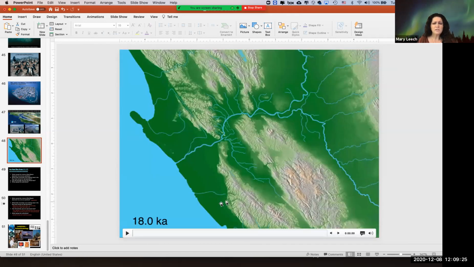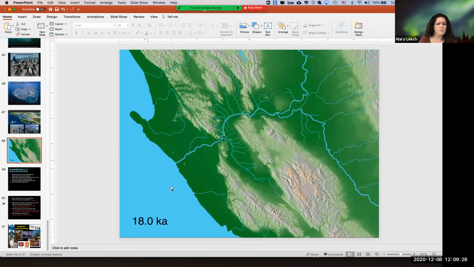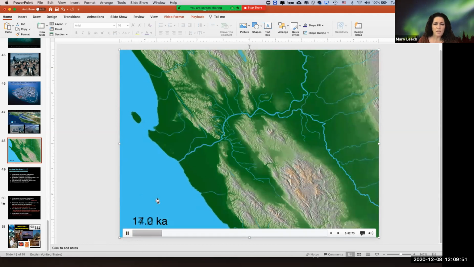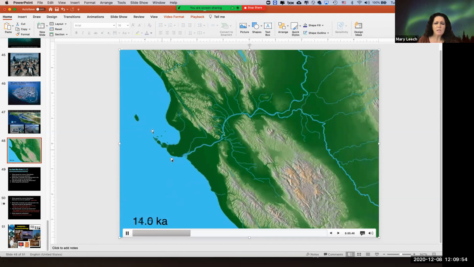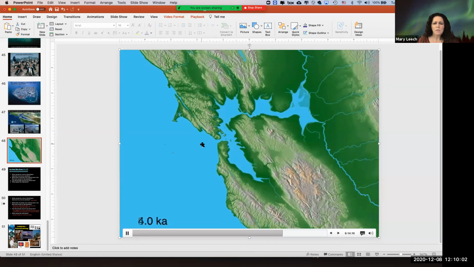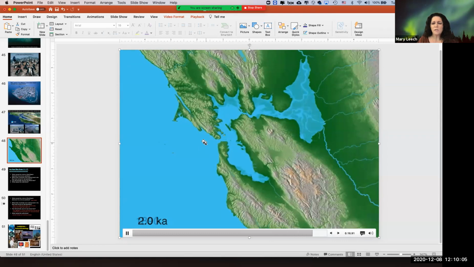In fact, let's just look at the changes in the last 18,000 years. I've showed you a video like this before, but look at where our coastline was 18,000 years ago. Here's San Francisco, and instead of a bay, we have this valley with rivers and streams running through it that led out through the Golden Gate. If we play the movie, you'll see that with sea level rise, we had 19 miles of coast out here. That shrinks, and then the bay fills up, and we get what it looks like today.